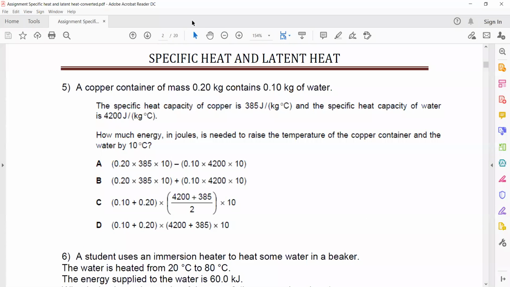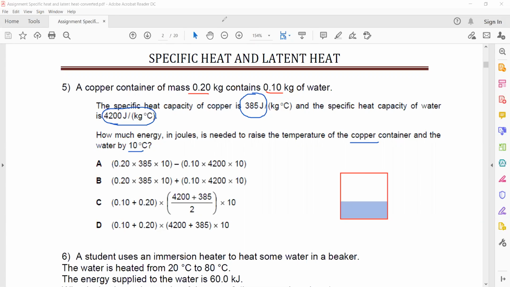Okay, question number 5. A copper container of mass 0.2 kilogram. It's having 0.1 kilogram of water. So there's a container made up of copper, and this copper container is filled with water of mass 0.1 kilogram. The specific heat capacity of copper is 385 and that of water is 4200. How much energy is required in joule to raise the temperature of the copper container and the water by 10